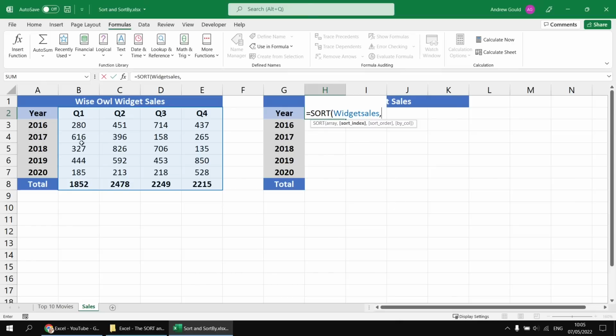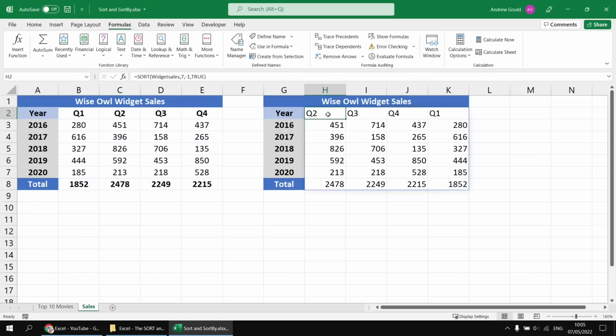So in the overall table, 1, 2, 3, 4, 5, 6, 7. The 7th row contains the values that control the sorting. So my sort index is going to be number 7. The sort order is descending, so that's -1. And then the final parameter here, the by col parameter, I want to set that to true. If I then close the round brackets and hit enter, I'll see quarter 2 appearing first, down to quarter 1